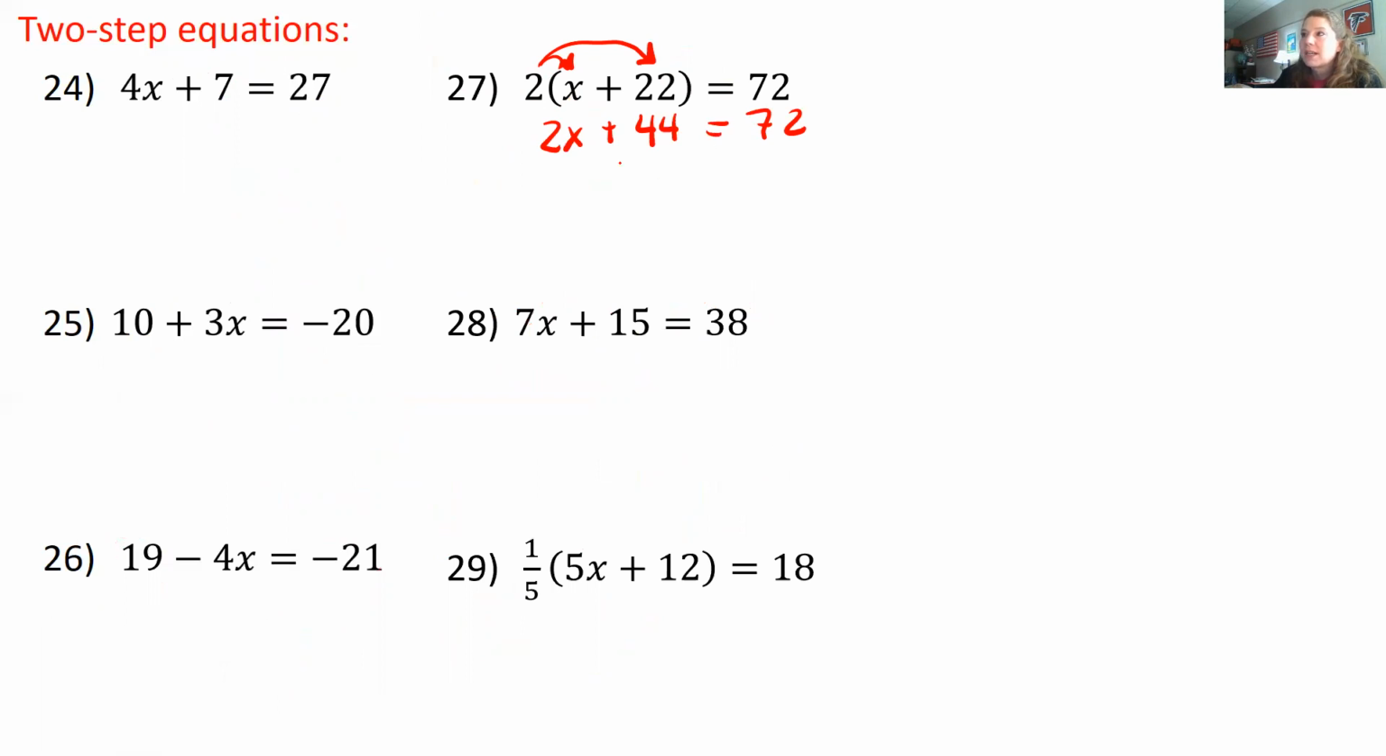All right, we want to get rid of plus 44 by subtracting 44 first. Okay, so this is all gone. We bring down 2x equals,